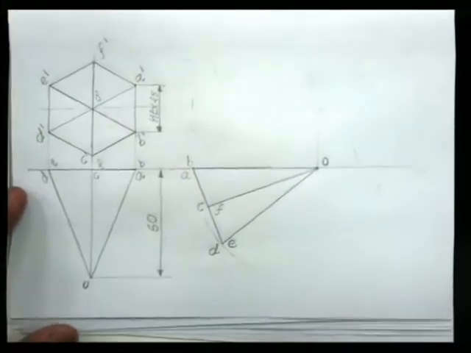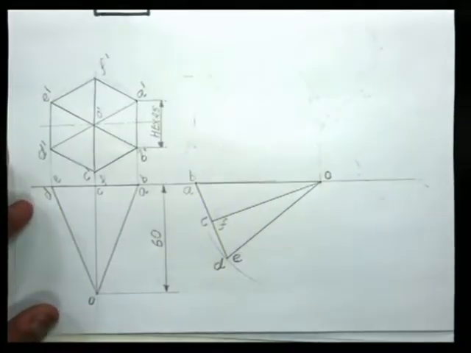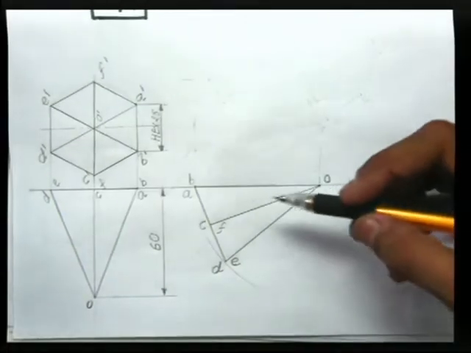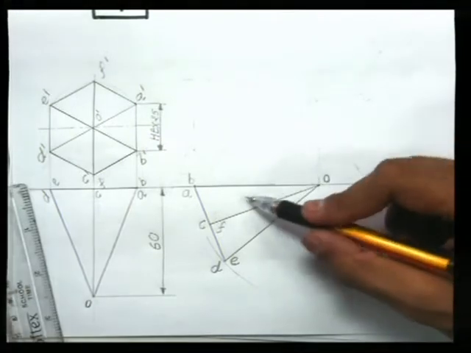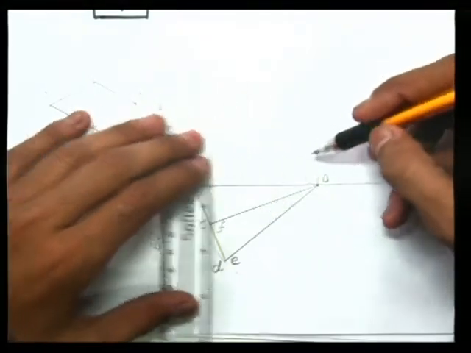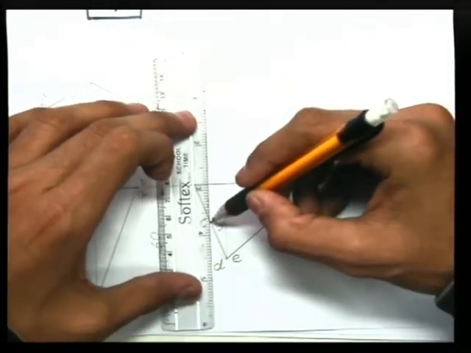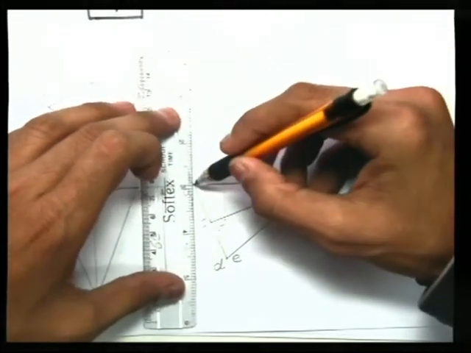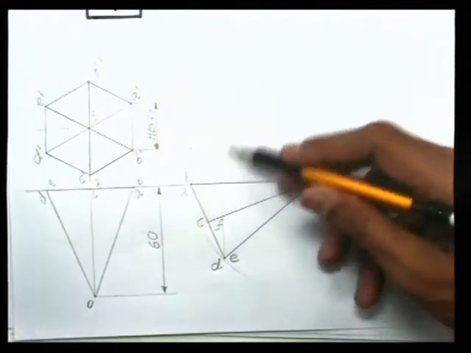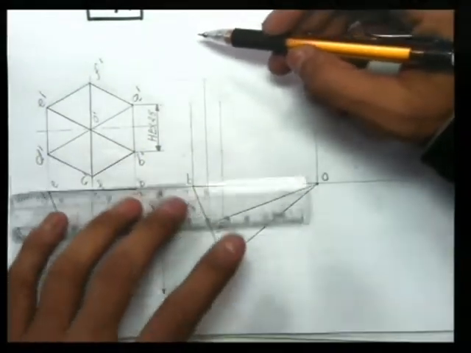Now in this condition, this hexagonal pyramid is lying on its triangular face on the vertical plane. Now what would be its front view? For that, let me transfer the points from this top view to the upper side, means projections from all these points O, A, B, C and D, means vertical lines from all these points A, B, C, F, D and E, and a vertical line from point O. Similarly, horizontal lines from respective points.